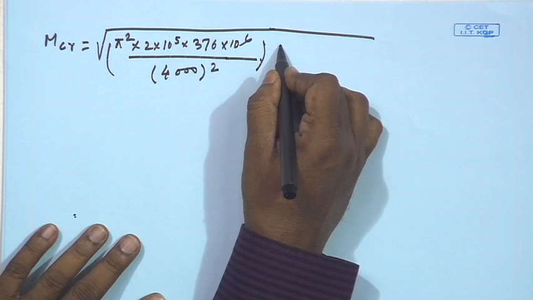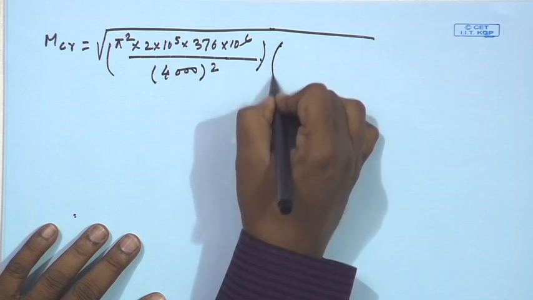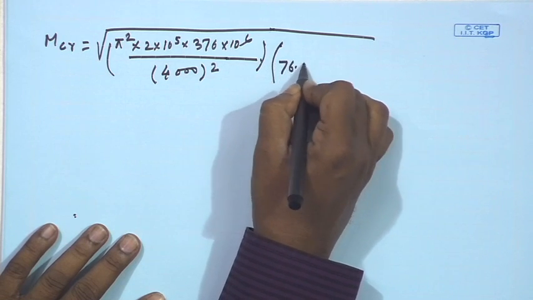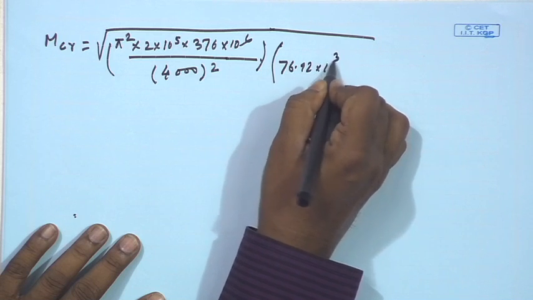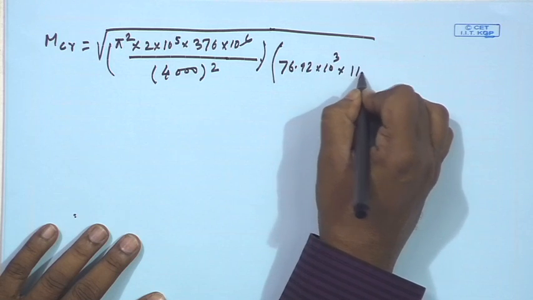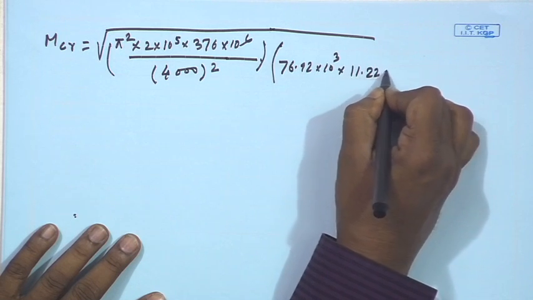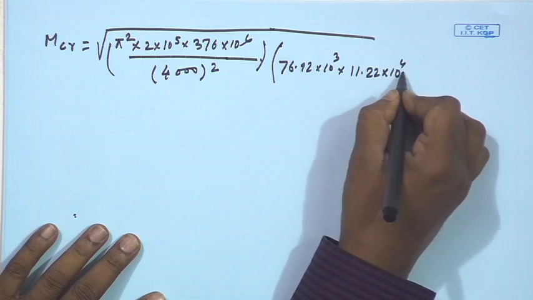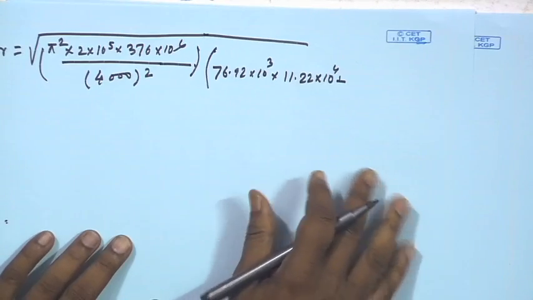So, G value we can find out as 76.92 into 10 cube, IT value we found as 11.22 into 10 to the 4, plus